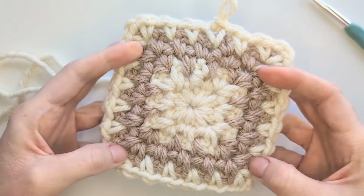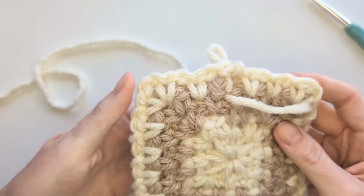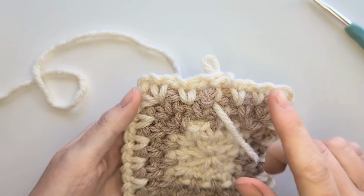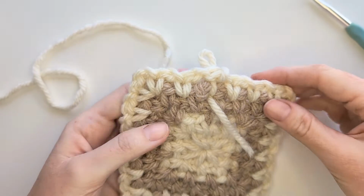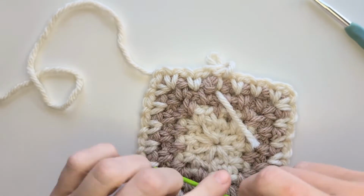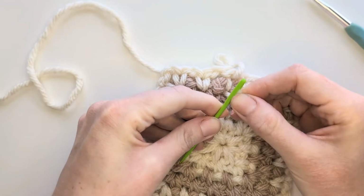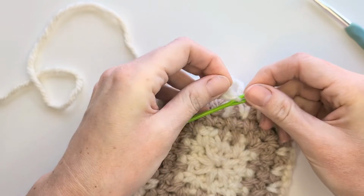So this would be the front of my work, of course, and this is the back of my work. Do you see how here we only have one strand, because that's where we added our yarn, and the rest, of course, are all single crochets, but they have 2 strands. So what I like to do is grab my darning needle, and I am going to stick my tail end in from the color that we added,